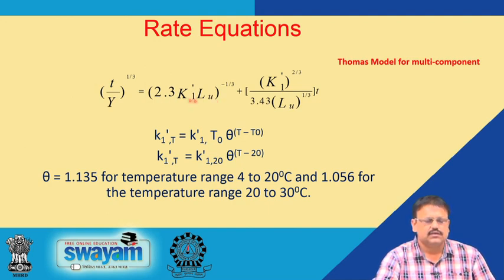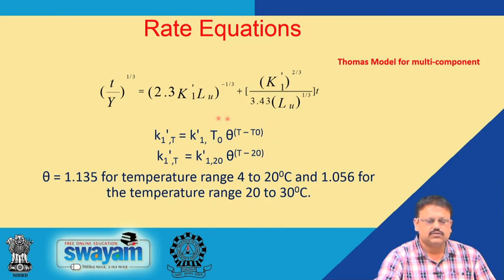So, the equation is like this: t by y, where y is the remaining waste concentration, Lu is the maximum waste concentration, K1 prime is the rate constant, and t is the time of reaction. This equation is very widely accepted, and it is used for the calculation of the kinetic parameters. At the same time,